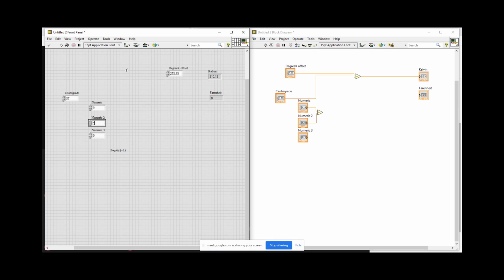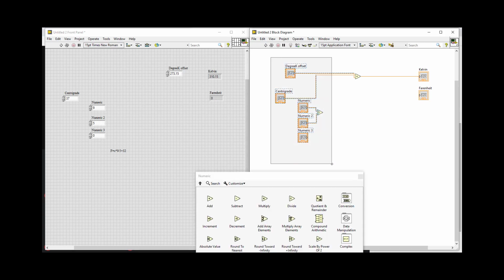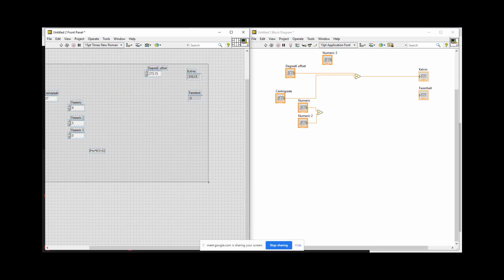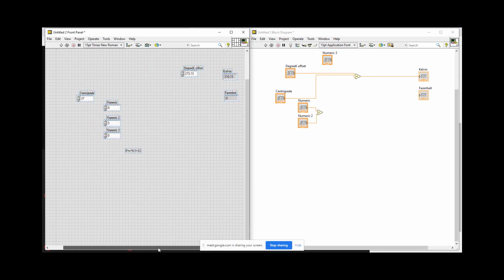If you have several input nodes and sometimes you misplace them somewhere else, that is not going to change their position in the front panel, because the front panel is aligned according to the front panel only. So whatever the blocks are there, that will remain in the block diagram, but they won't be at the same position as in the front panel. So you can keep that in mind.